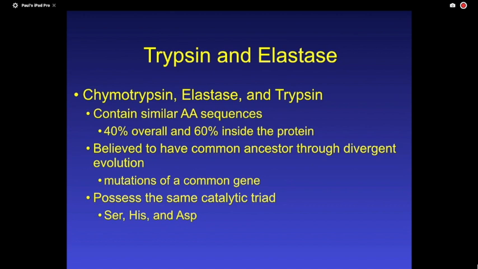And so there's a thought or a terminology that this is a divergent evolution from one common gene. There are a whole class of other serine proteases that do have the catalytic triad, that have absolutely no sequence identity. That would be a development of a gene that would become what they call a convergent evolutionary